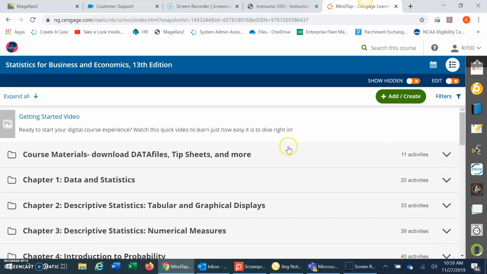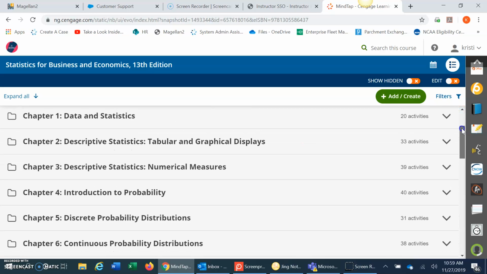Okay, so the way this works is everything is parsed into chapters. Students will see a uniformity in each chapter. Some are a little bit more robust than others, but as far as the basics, the ebook, and any kinds of quizzes, reviews, etc., would all be pretty uniform. If I expand a chapter,